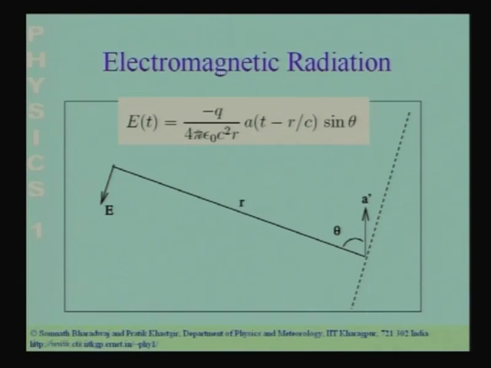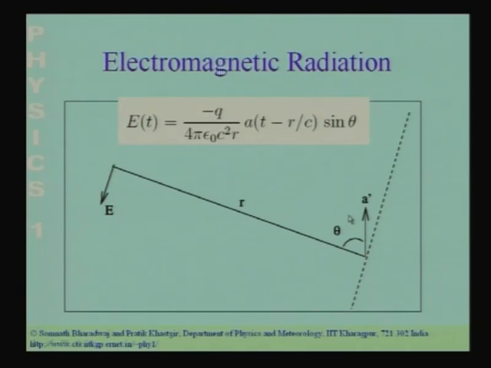The retarded time is in the past. So, if I wish to calculate the electric field at a time t at this point, I have to look at the acceleration at a time t minus r by c. The term minus r by c takes into account the fact that the signal takes a finite time to propagate from here to here. The signal travels at the speed c, the speed of light, and it takes a time r by c to propagate from here to here. t minus r by c is called the retarded time, and a is the retarded acceleration. So, we have to use the acceleration of the charged particle not at the time t, but at the earlier time t minus r by c.